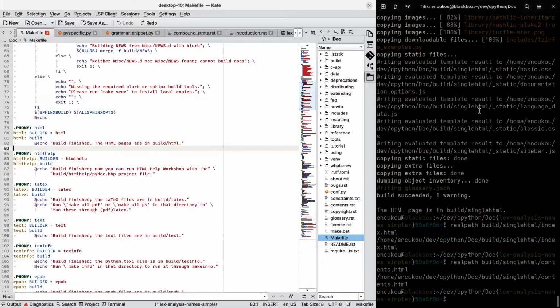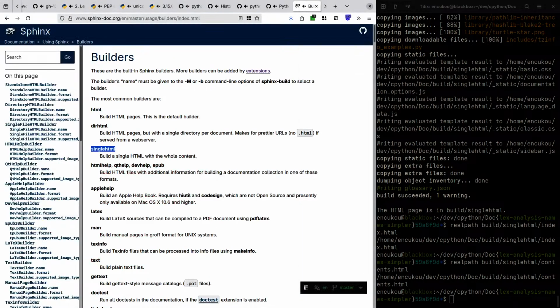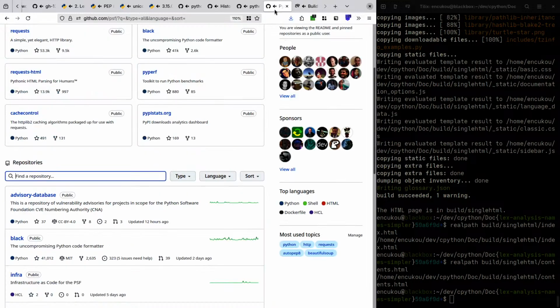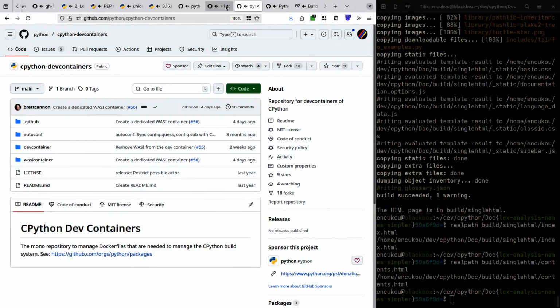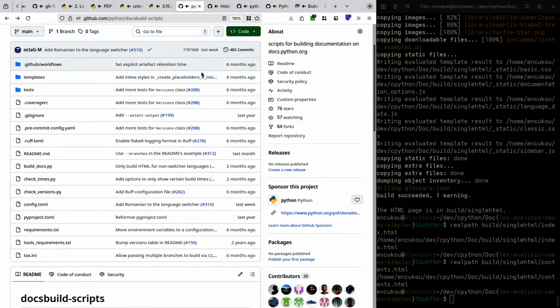Then create the container that will take the HTML file and spit out a PDF, and running that will go into docs build scripts, and I think that's it. Okay. Wait, if I make a Docker image, what have I done?